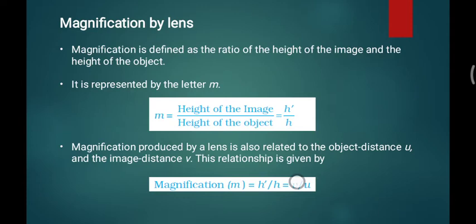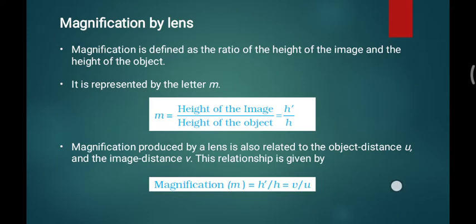That is very clear to you, because what we discussed in detail in the case of the mirror, the same applies for the lens also. So we have to discuss, but quickly. The magnification is defined as the ratio of the height of the image upon height of the object, represented by the small m, and m is equal to the height of the image upon the height of the object. So the height of the image is represented by h prime, upon the object height h. So this is a fundamental relationship we have in the magnification.